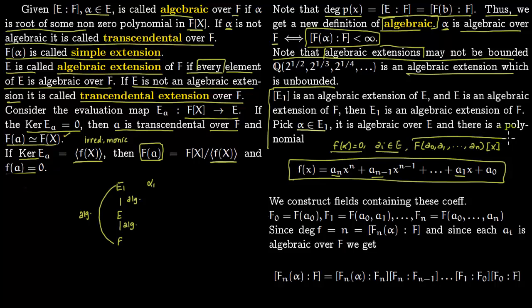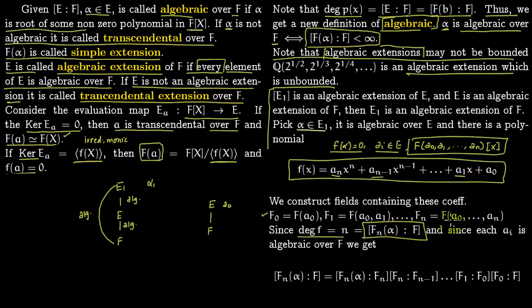But we want to do this step by step, so let us do this again. First you construct this field. F0 is F(A0). You say this is algebraic because E is algebraic over F. So this A0, which lies in E, and each Ai in E, would be algebraic over F. So you can construct this F0 as an algebraic extension. F1 is F(A0, A1), two coefficients, and Fn is F(A0 to An). So this degree is n,